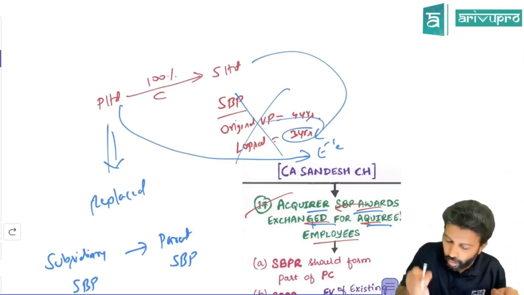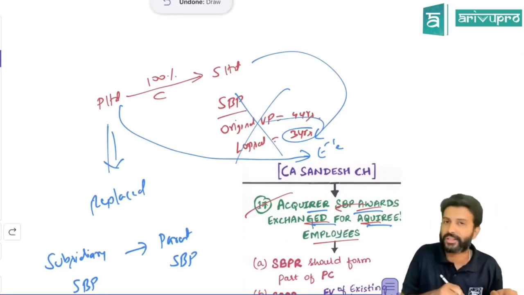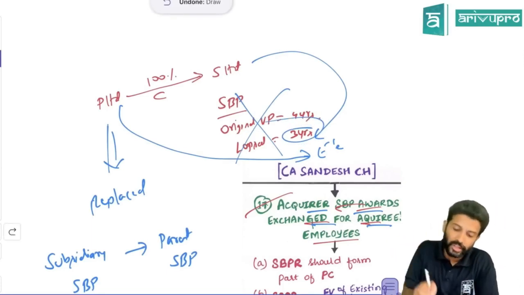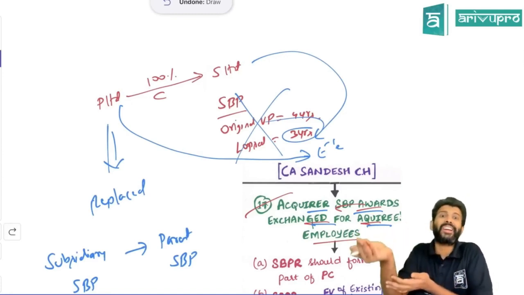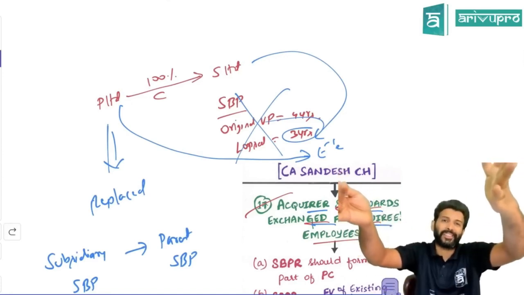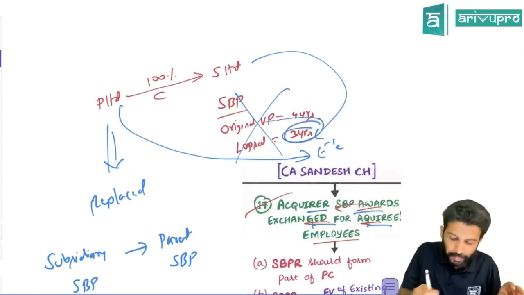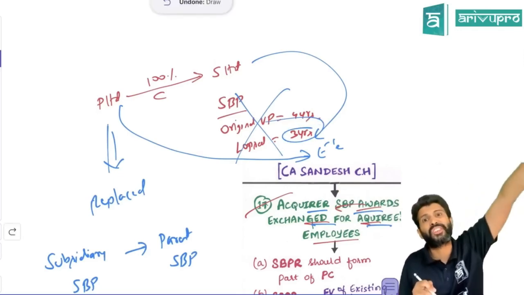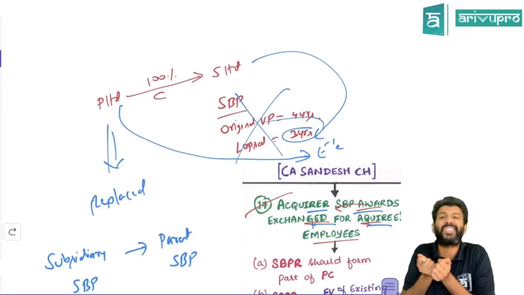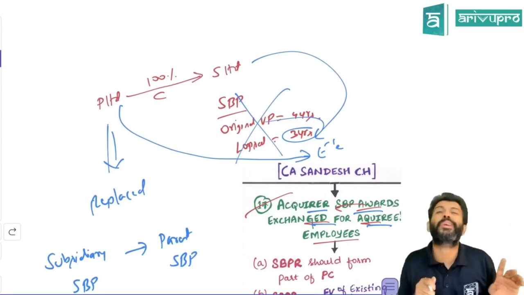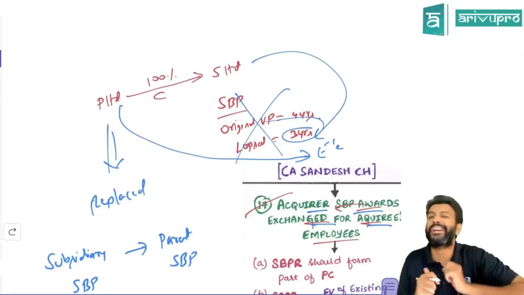Again, I'll tell you, in this 4 years, 3 years have already passed. So who got the service for those 3 years? S Limited. Is P Limited getting any service? No. For 3 years, they're not getting any service, but still they're giving SBP plans. That means whatever is the SBP plan related to these 3 years, those 3 years have already lapsed now, that portion P Limited is not getting any service for. That means that should form part of PC. That only we are referring to as prorated SBPR.